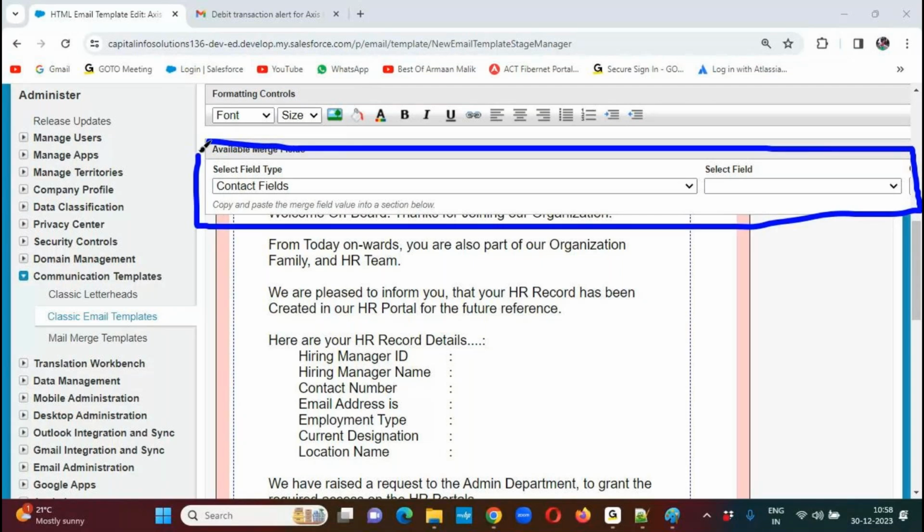We have this tool. Here we have two picklist controls available. Here we can select the object name. Whatever objects we have in Salesforce, including standard and custom, all the object names will be populated over here. Whenever we select an object, all the fields available in that object are populated